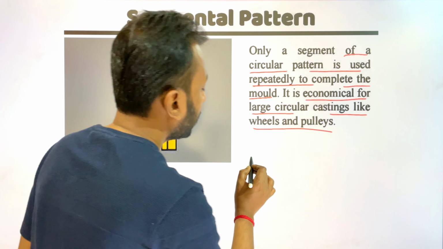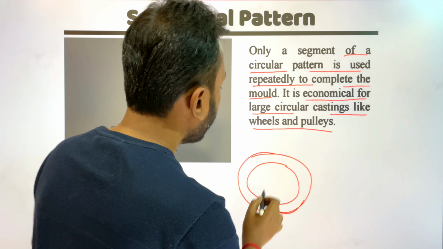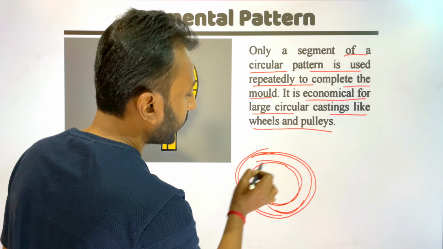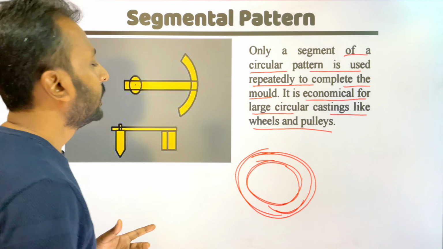Suppose we are going to create a wheel. The wheel is like this. If we want to create the wheel, we would need a pattern in the shape of the wheel, a circular one, and a huge amount of pattern material. But we are not using a pattern like this. We have segmented it in multiple steps, and we are creating only this portion, only this segment, and it is connected to a pivot,